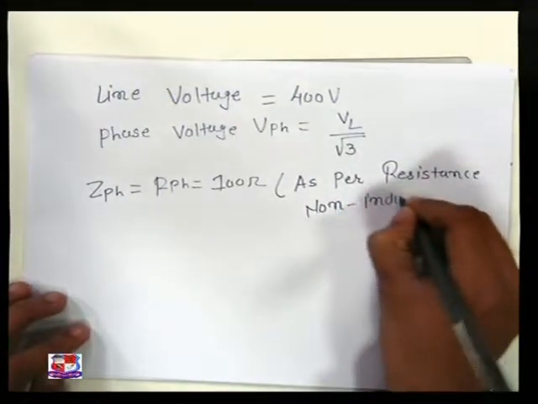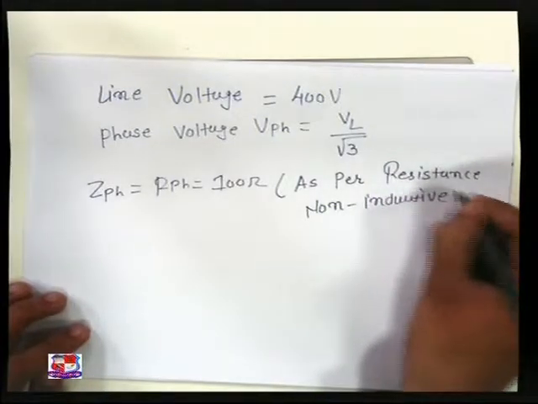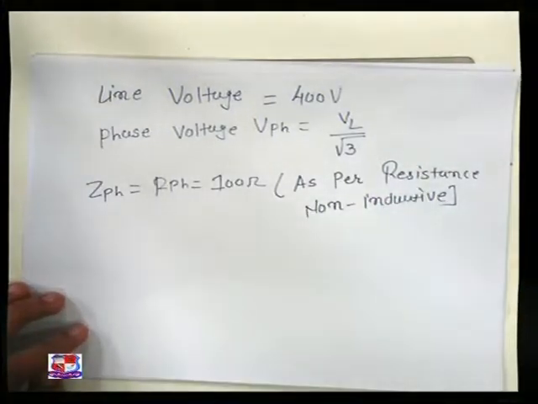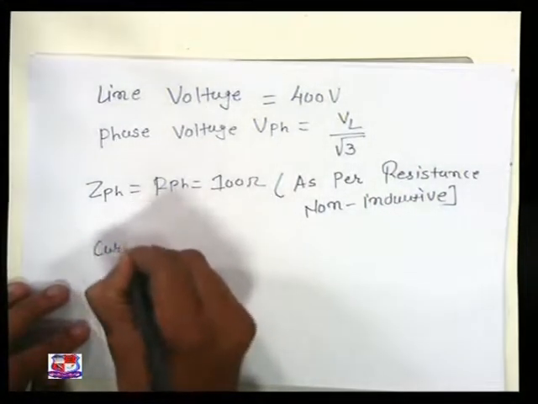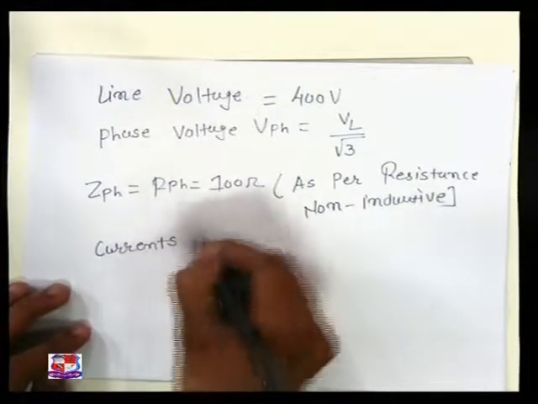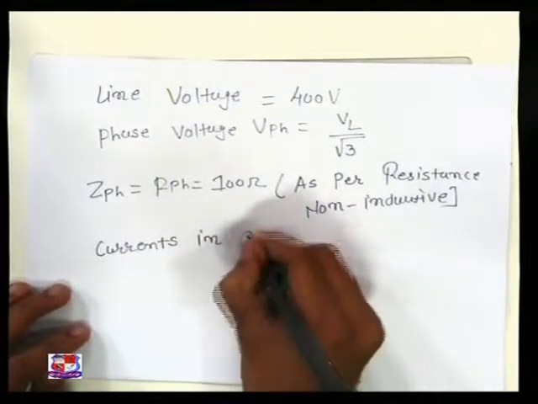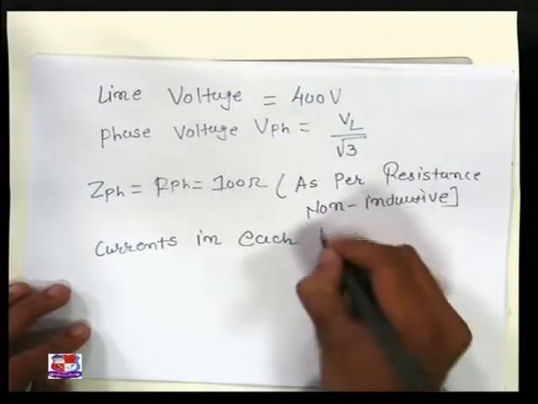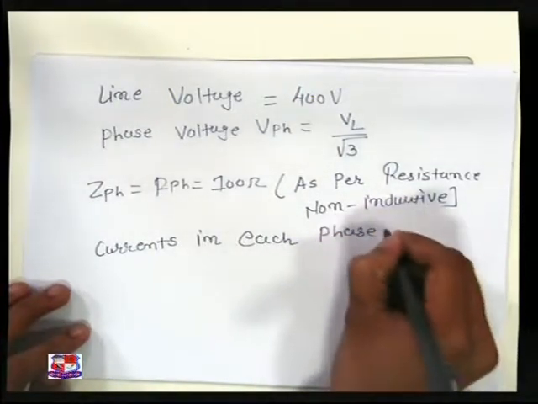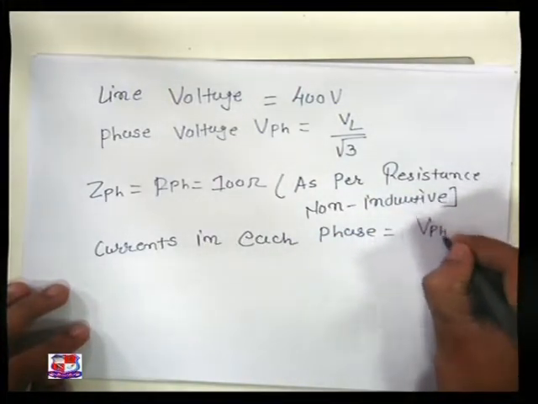So the current in each phase is equal to VPH upon